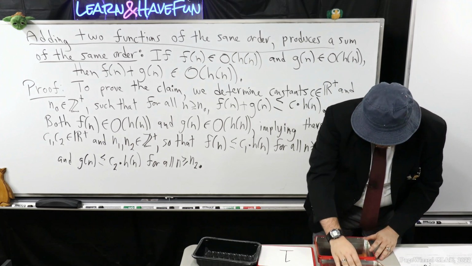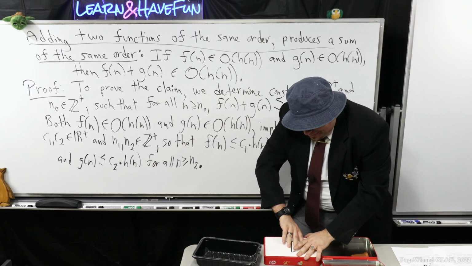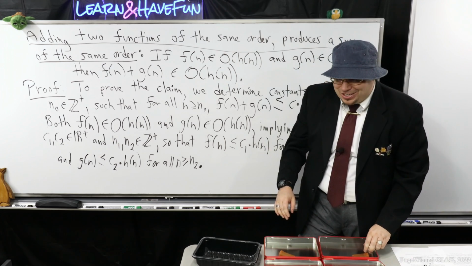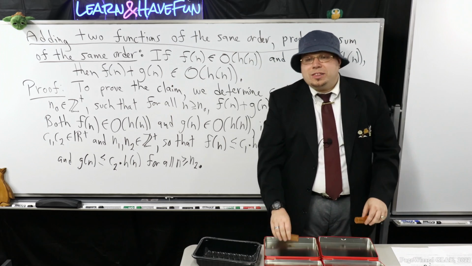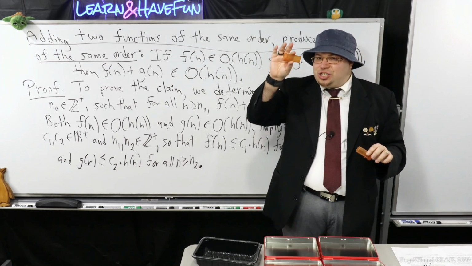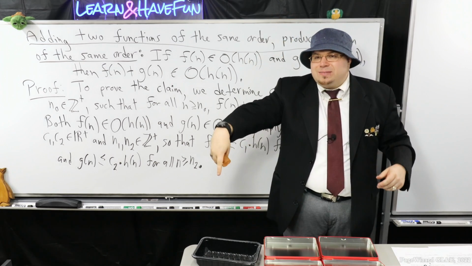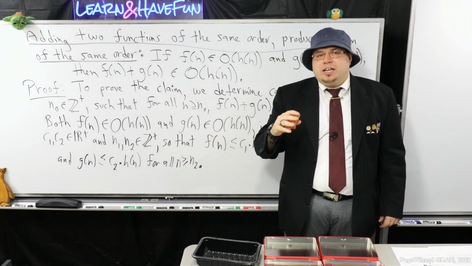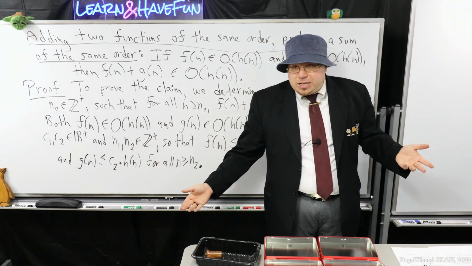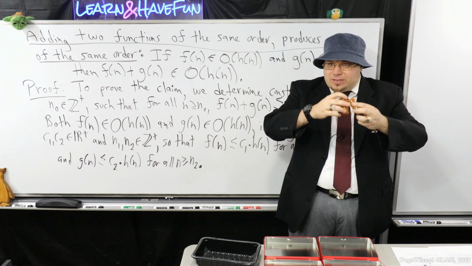There we go. Now let's get this one open too. So suppose that these are two arbitrary complexity functions, f and g. The goal in our proof will be, suppose that this is f and that's g. Suppose that this bucket is big O of h. If one of them is in big O of h and the other is also big O of h, then when I add them together, whatever the contents of these are,